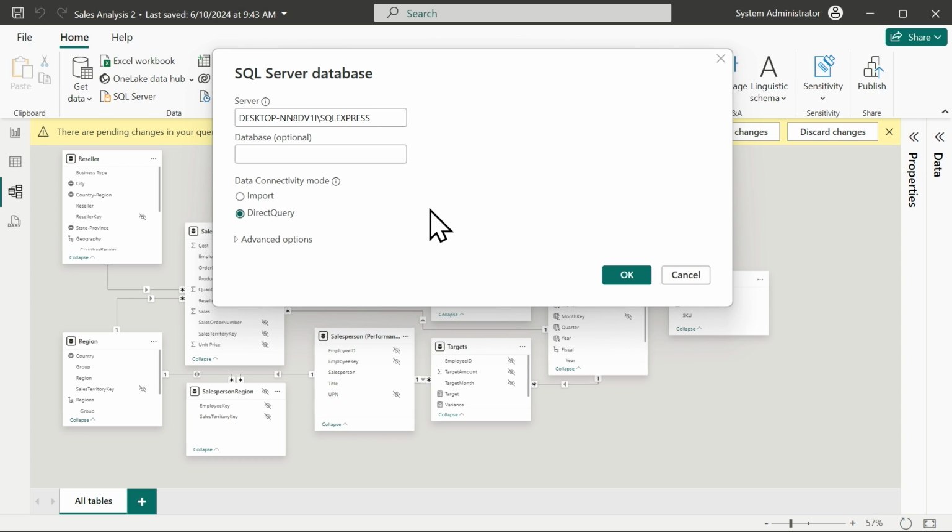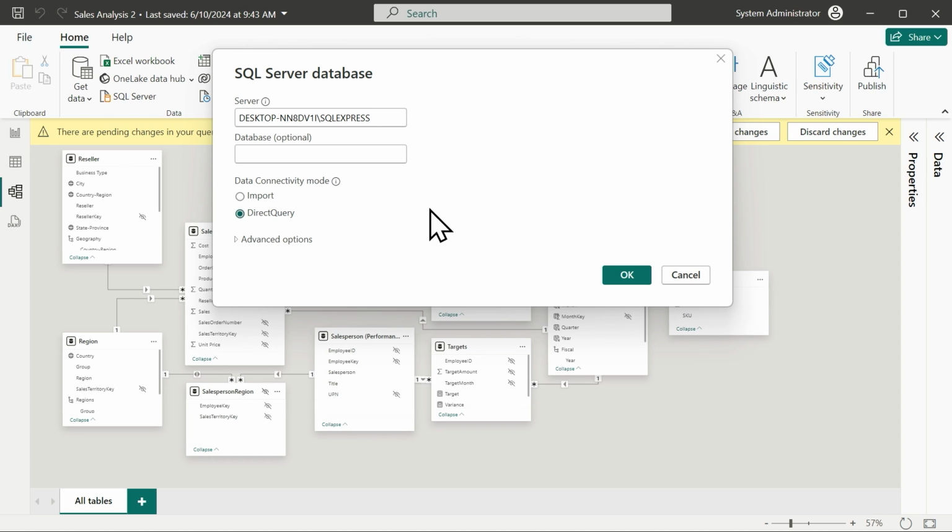Now, this is very helpful, especially if it's a ton of data. And what I mean by a ton of data is you have to take a look at your license that you have for Power BI. So do I have the Power BI Pro license, or do I have the Premium license or Premium capacity? What license do I have? That will dictate how big your model can be here in Power BI. So if I have to go beyond the model size, and I know for the Pro license it's 1 gig, if I have to go above that, I'm not going to be able to do that because of my license. I'm going to want to keep it at the data source.